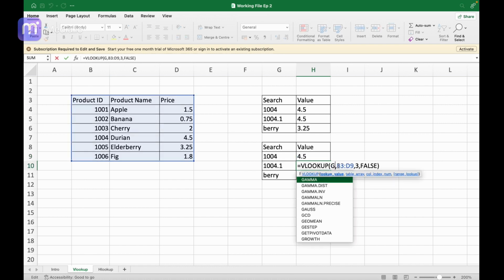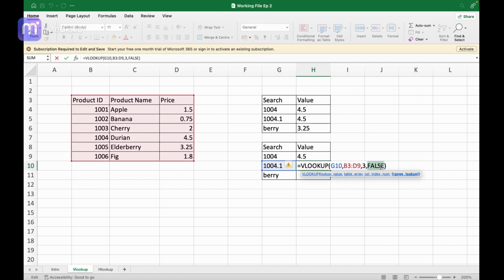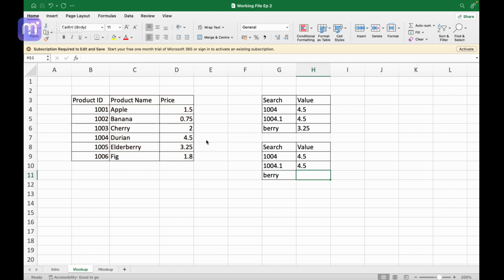But the problem is that I won't get the desired result. So what I have to do is, instead of false, apply true over here, which is approximate match, to let Excel understand what is the closest value of this data, and then Excel can retrieve the data based on this particular value. So you can see over here that,